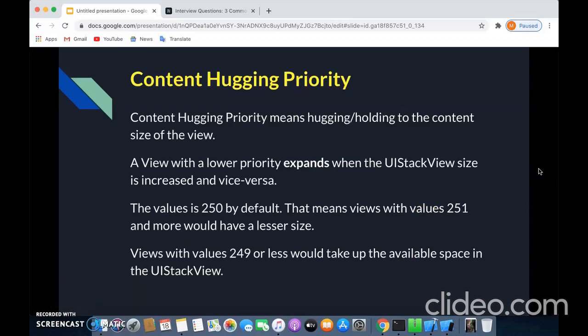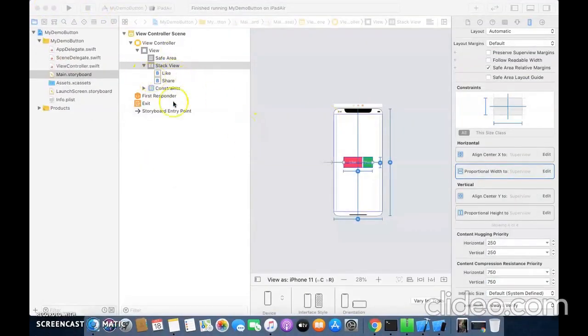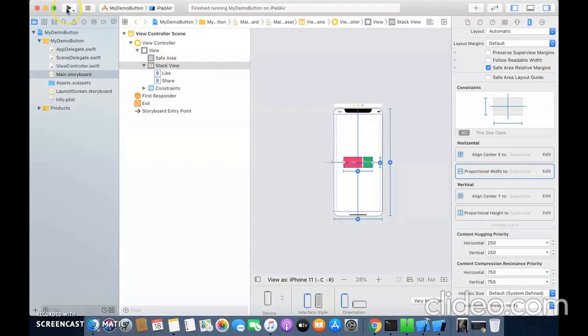The lower the priority, the view will expand, and the higher the priority, the view will contract, on increasing and decreasing the size of the stack view. Let's relaunch our app and check this for landscape mode.